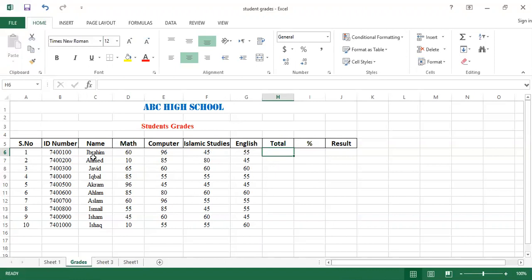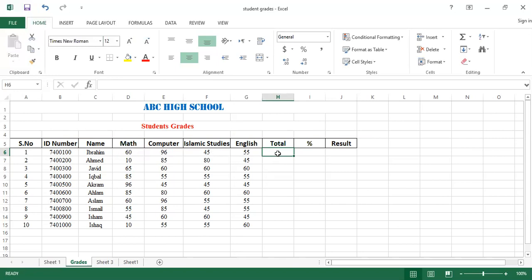This record belongs to student Ibrahim, and he has different marks in mathematics, computer, Islamic studies, and English. He got 60 marks in mathematics out of 100. Never forget, students, that total marks are 100. In computer science he got 96 out of 100, in Islamic studies 45 out of 100, and 55 out of 100 in English. So the total is 100 for each subject, and the marks obtained are given in these columns of different subjects.